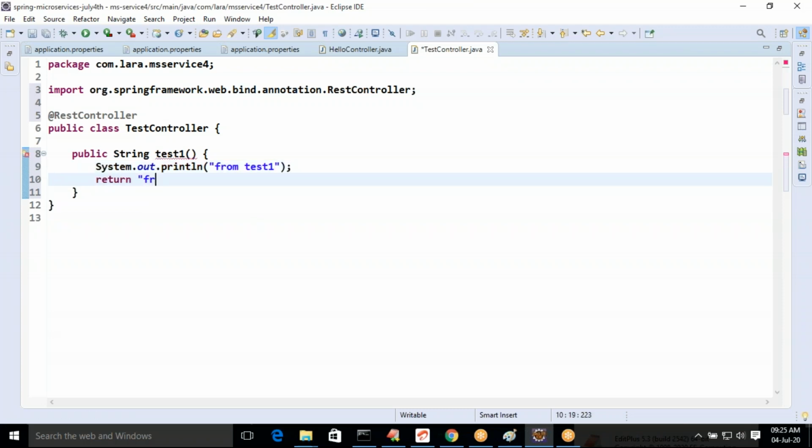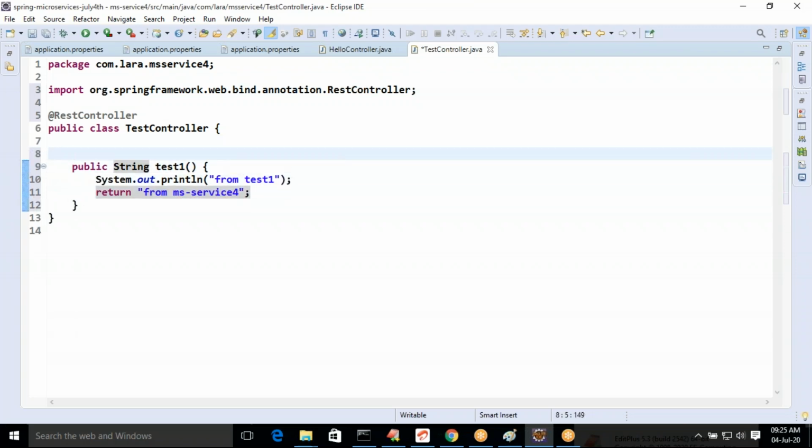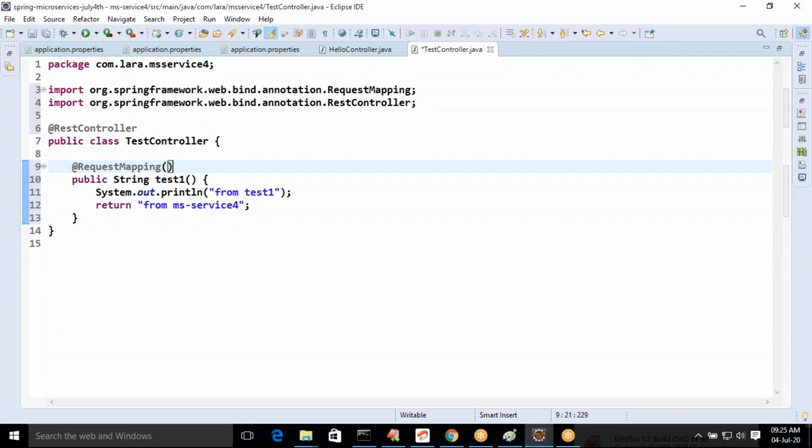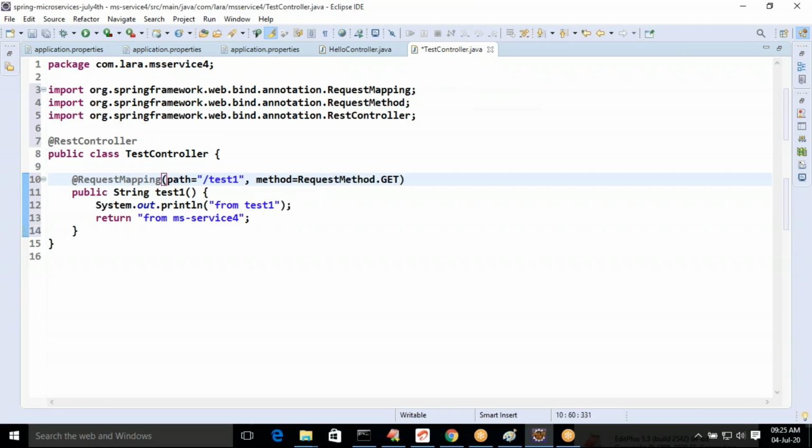Return "from MS Service 4". Let us assign one URL. @RequestMapping, path is equal to /test1, method is equal to GET. So both are independently working.